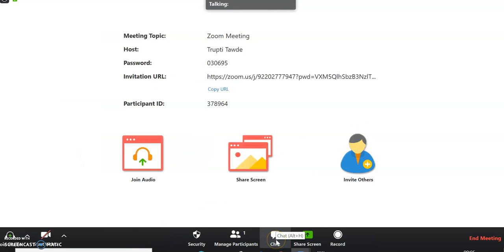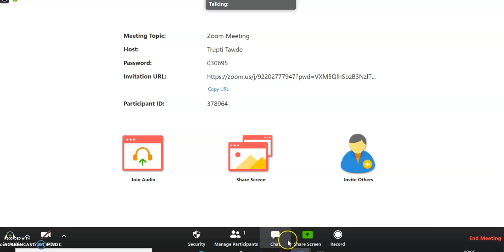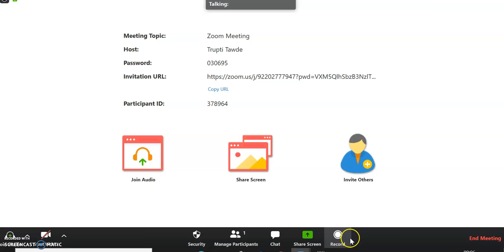Then there is a chat box where the participants can discuss or comment. So you can see the suggestions or the comments related to your meeting over here. Again, there is an option for share screen in this window, and there is an option for recording the meeting. So you can record your meeting or a part of the meeting, whichever you want. You can select this record option and you can record your meeting. Once you record the meeting, the video will be converted into MP4 video and it will be saved to your machine. Once that is done, you can end your meeting over here.